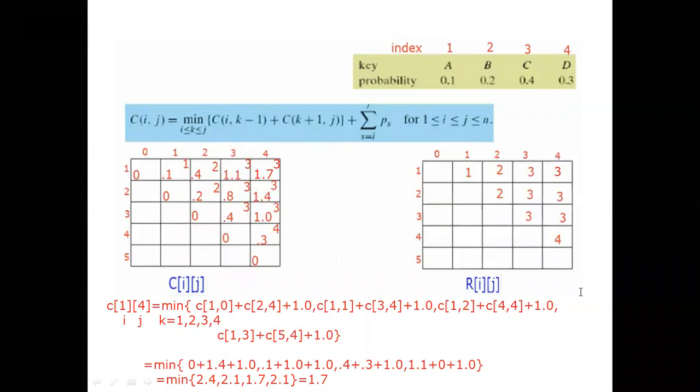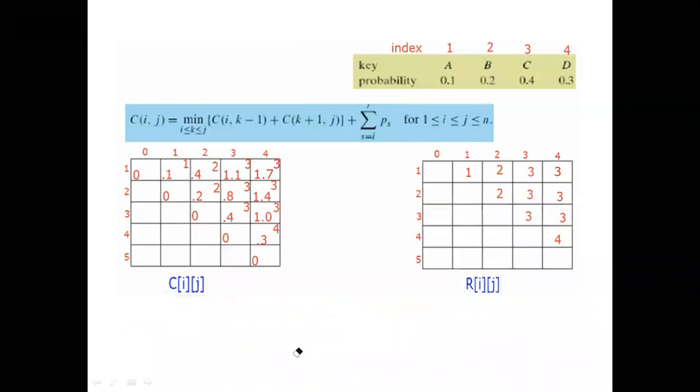I hope how to generate the table is clear for everybody. Now we have to generate the optimal binary search tree based upon the values we got from these two tables. That is the next thing I will do. It is very simple once you generate the table properly. First of all I will remove these values and all the other values I don't want now.